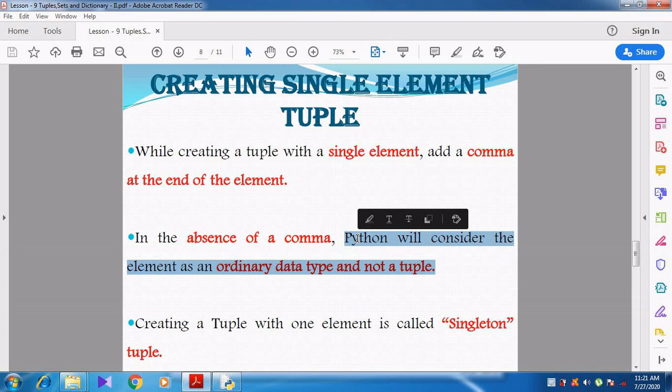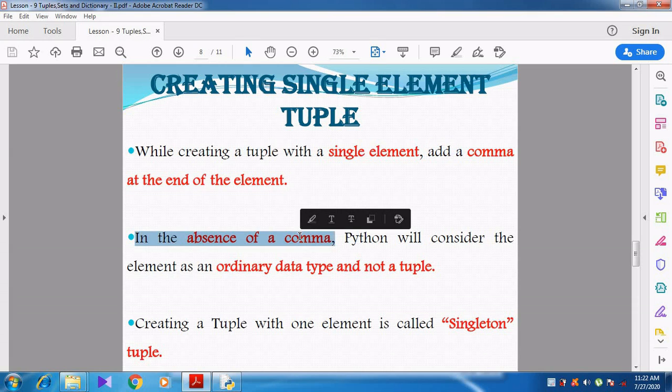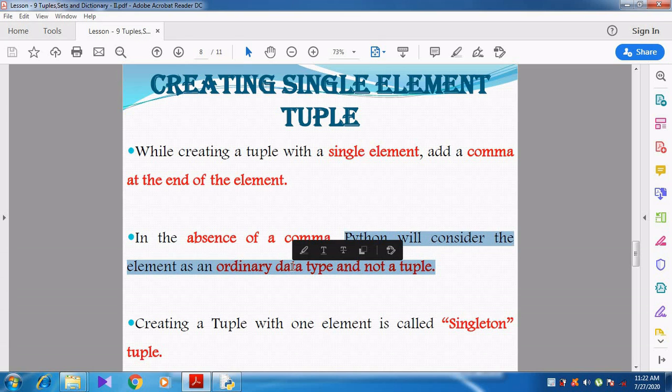Ordinary data type means it is considered as an integer or a floating point value or any other data type, it may be a string data type. So based on the value, it is considered as an ordinary data type and not as a tuple. But when we add a comma at the end of the element, it is considered as a tuple. So in the absence of a comma, it is considered as an ordinary data type.